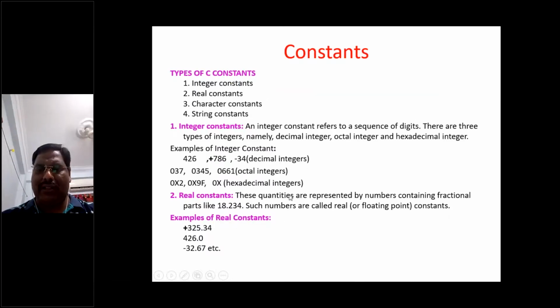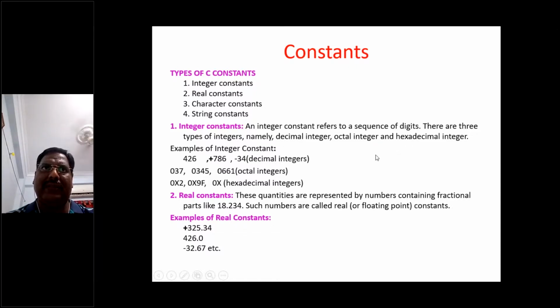So that's all about data types. Now for constants, there are integer constants, real constants, character constants, and string constants. Integer constants consist of decimal integers, octal integers, and hexadecimal integers.